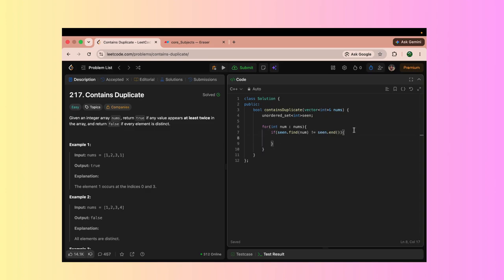If this is the condition, that means that num is present inside the set, so return true. Otherwise, you need to store that particular element, so seen.insert(num), and if there is no element which is already present inside the set, return false here.